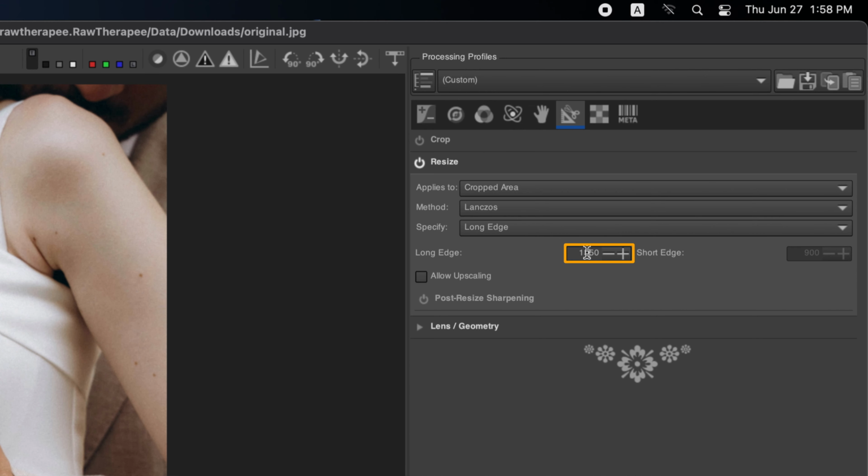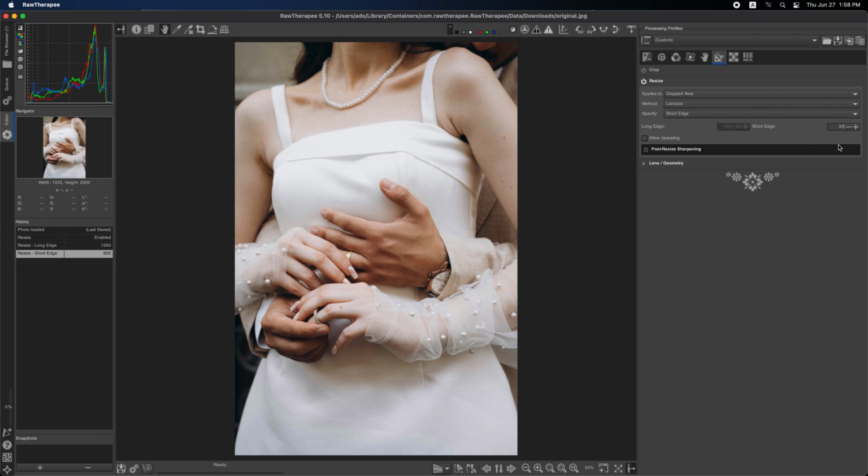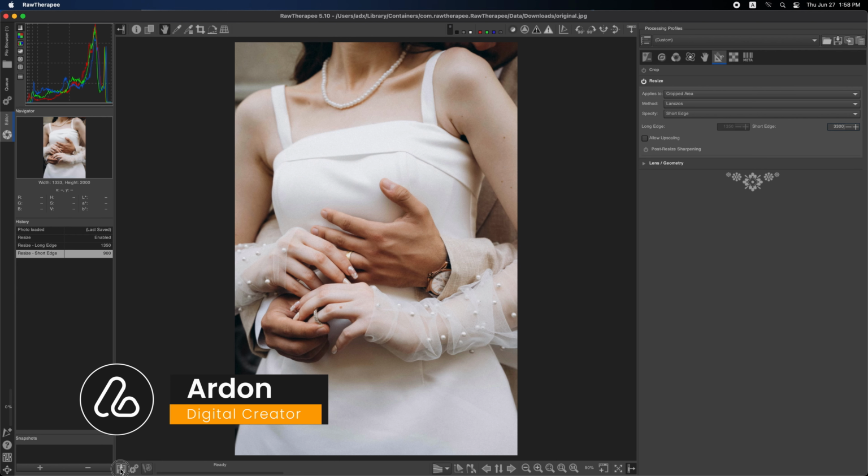Enter the desired size for the longer side of the image here. Alternatively, you can choose the short edge option and enter the desired size for the shorter side of the image here, based on your preferences. If we export our image now,